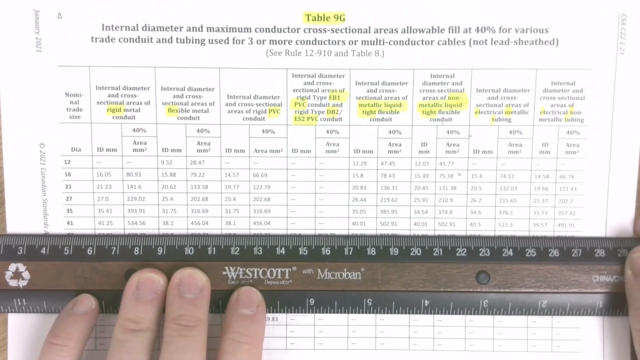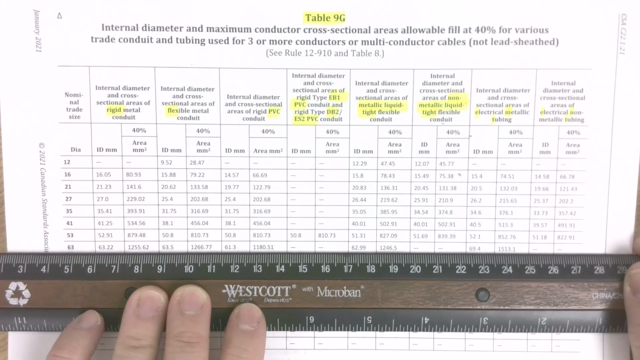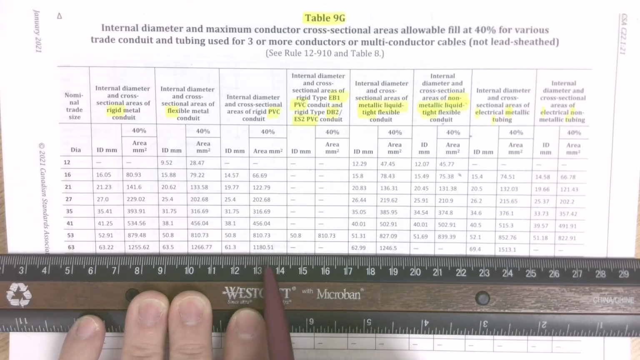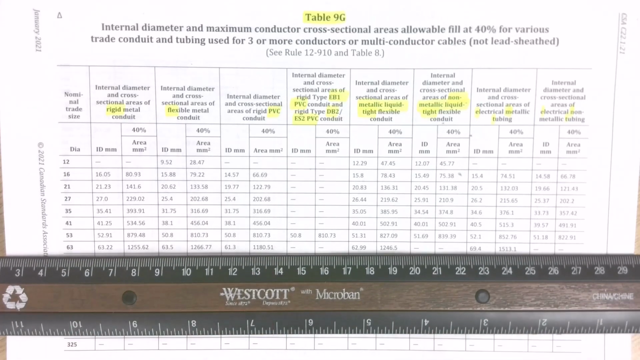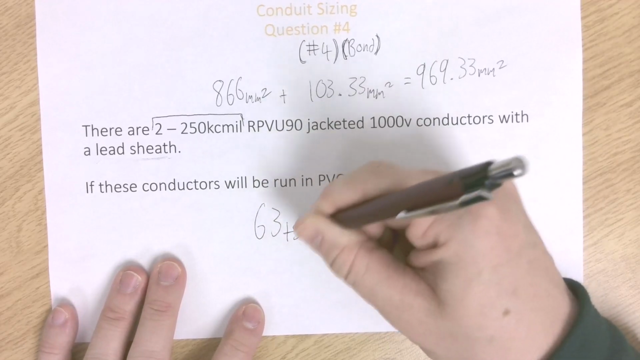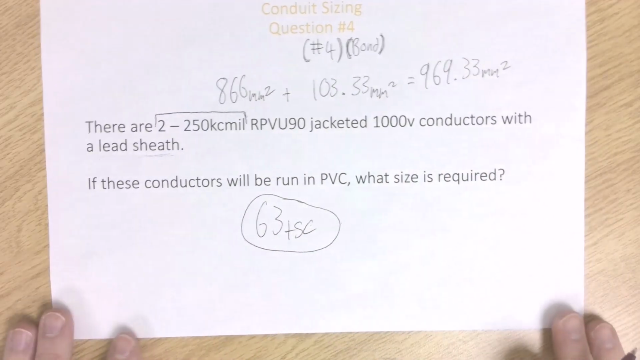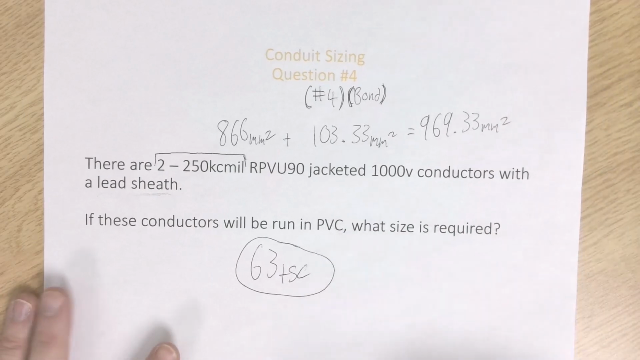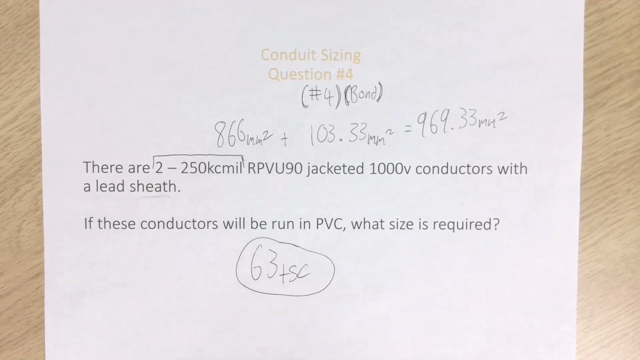And so I'm sliding down. I'm going farther than before, and it's going to be a 63 trade size conduit, which can handle 1,180.51 millimeters squared. And there we go. So I designed this question for this PVC scenario, or if there's basically any plastic raceway,